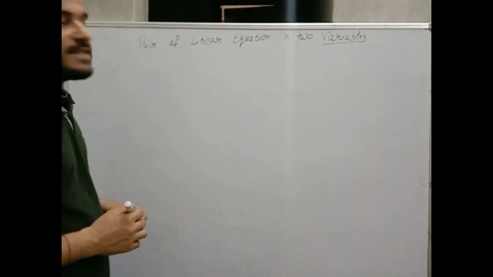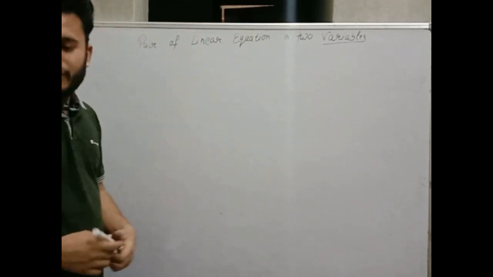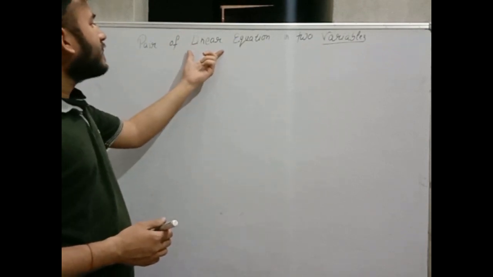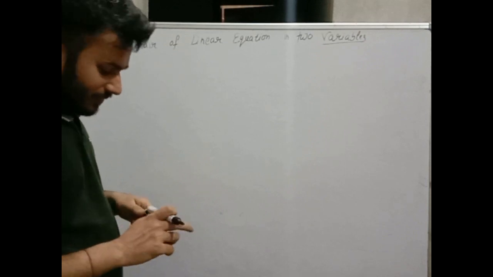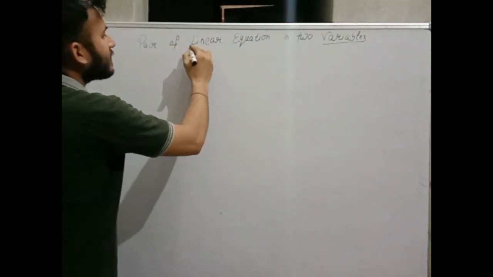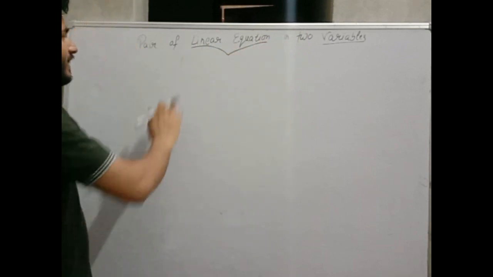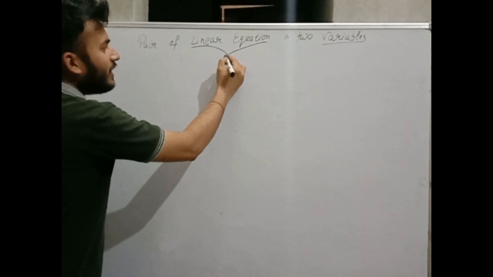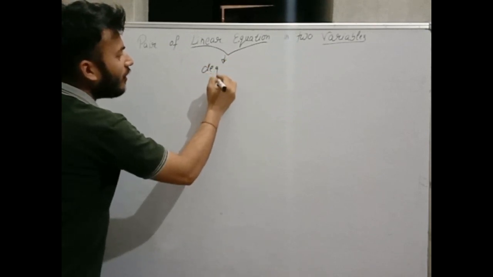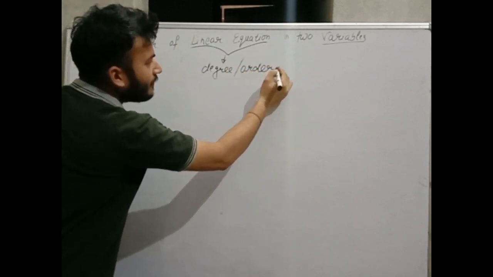Today we will discuss chapter 3rd, pair of linear equations in two variables. Firstly, we are discussing linear equations. As you know, in chapter 2nd we have already discussed linear equations. What did it mean? It means a linear equation is an equation whose degree or order is 1,